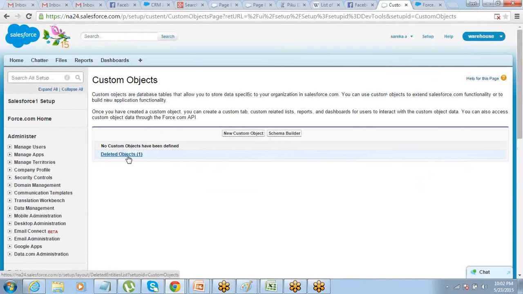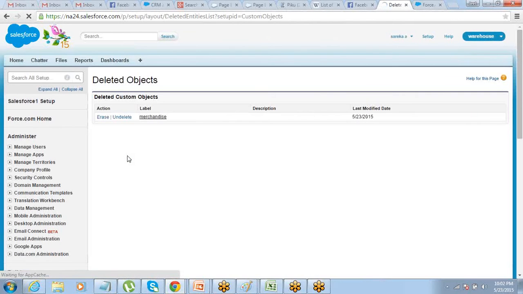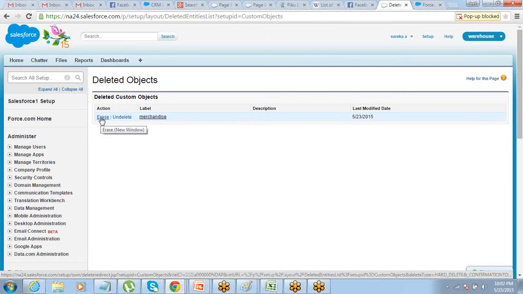Which means whatever you delete, just by clicking on that delete does not actually delete that object. Got it? So even though you have deleted it, this object has not yet got deleted. It is still here. You have to erase it to finally remove it from the database, or you can undelete it, because sometimes by mistake we can delete certain things, right?